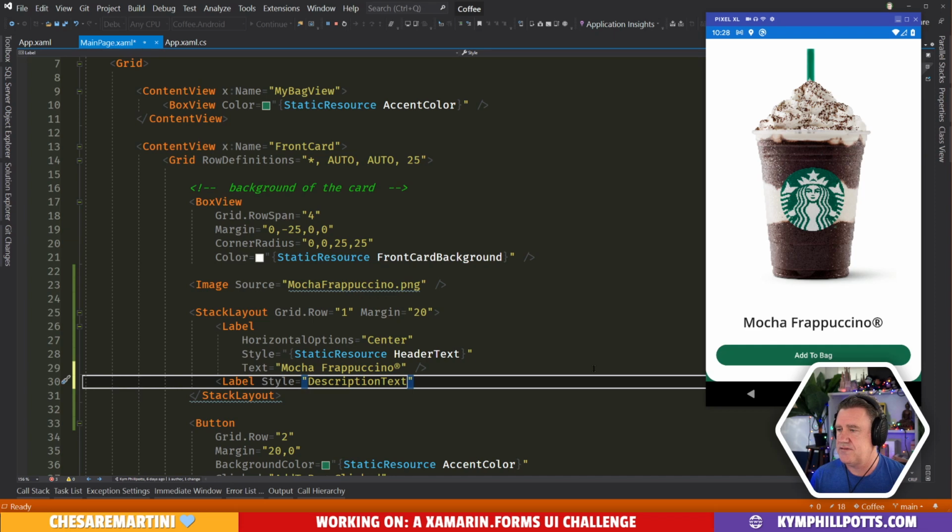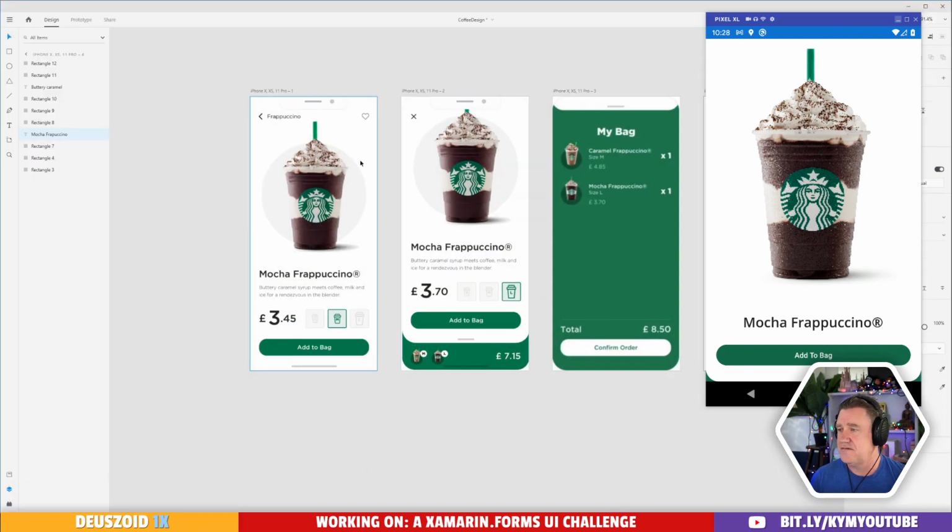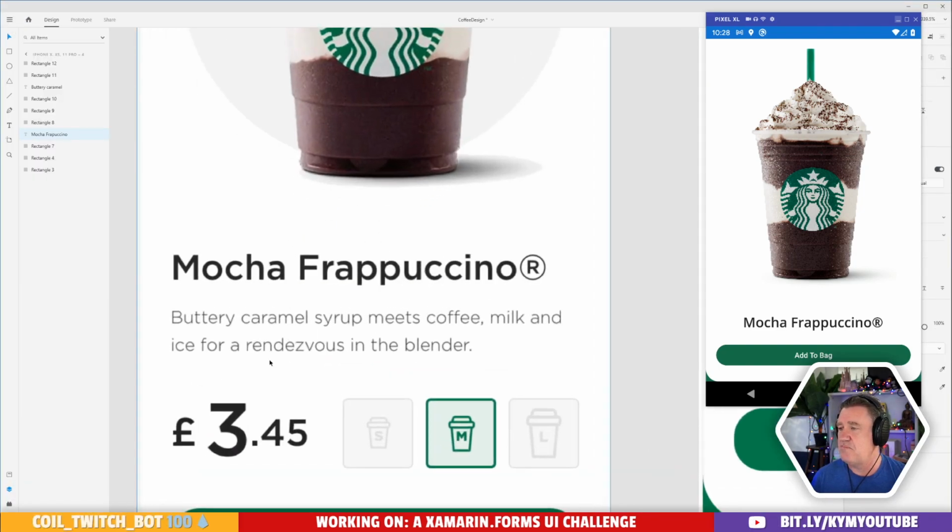Description text. Something like that. And then I have to get the text. So what's our text? Buttery caramel syrup meets coffee, milk, and ice for a rendezvous in the blender. Overdose of sadness. Oh, that's a little bit sad.